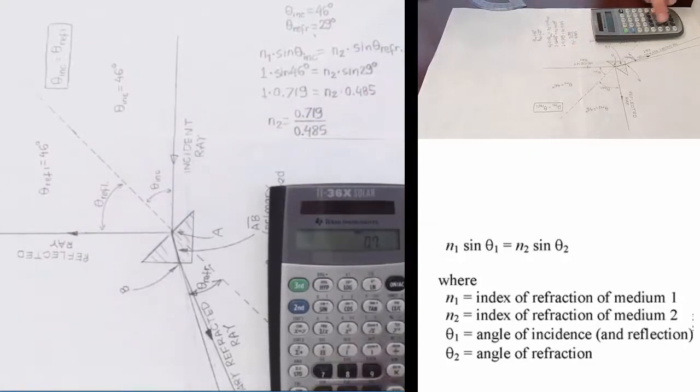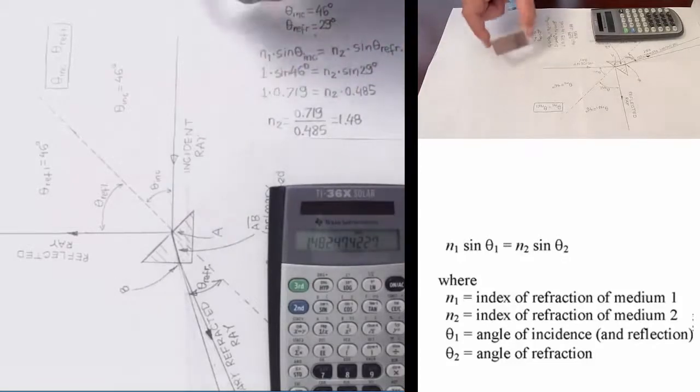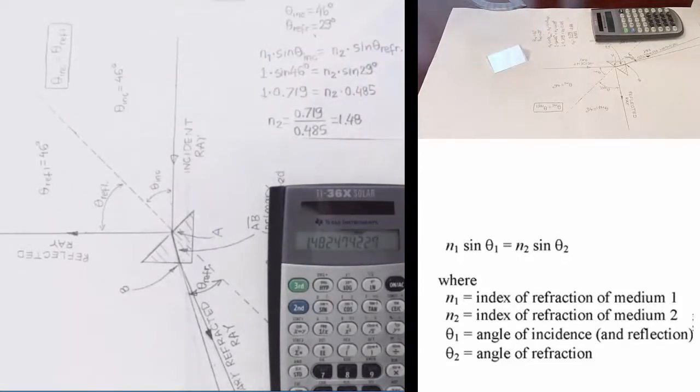If we do this calculation, 0.719 over 0.485, we get the value of about 1.48, which is very close to 1.5, which is what we would expect to see, because this is some sort of glass-based material that this right angle prism is made out of, and we know that the index of refraction of the glass is about 1.5. So we are pretty close. 1.48, if we take into account that we did a few roundings here, and we take into account certain measurement errors, we can easily justify the value that we came